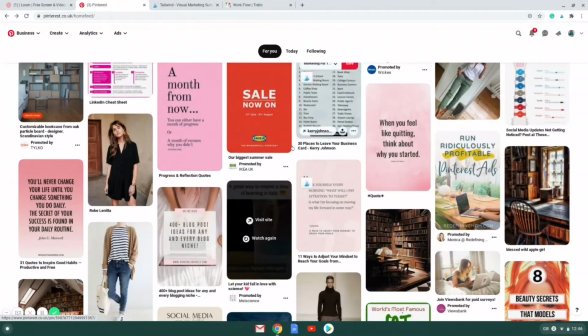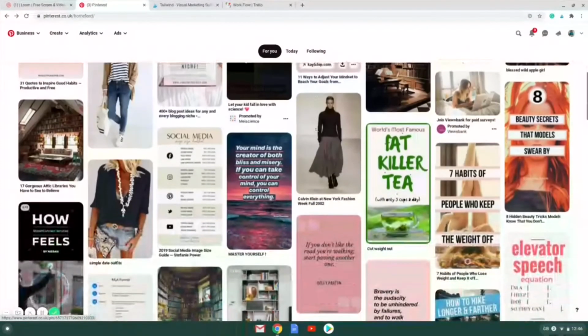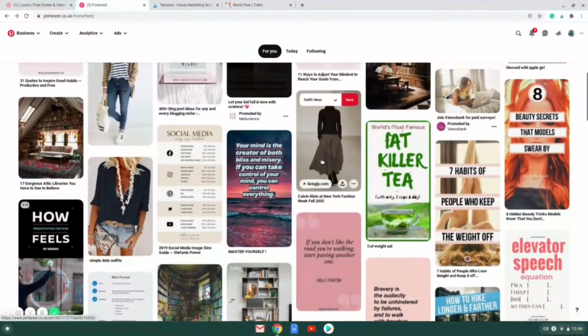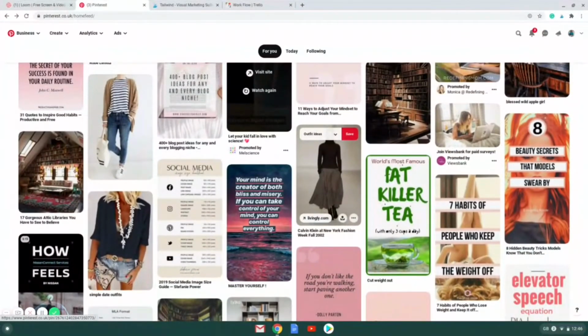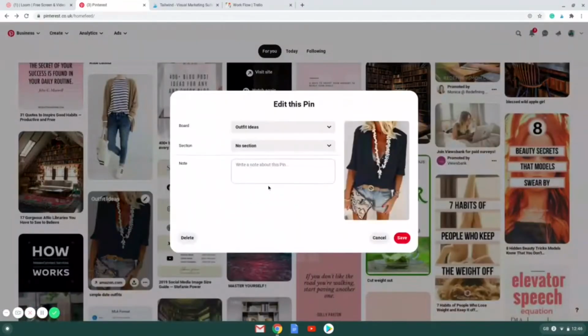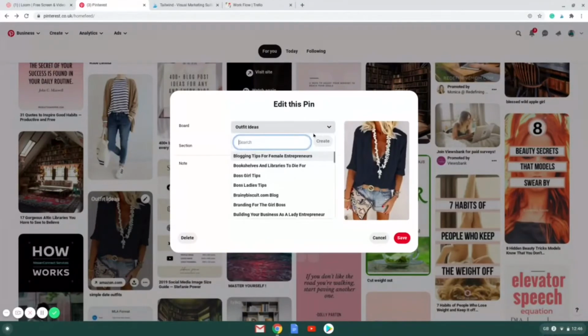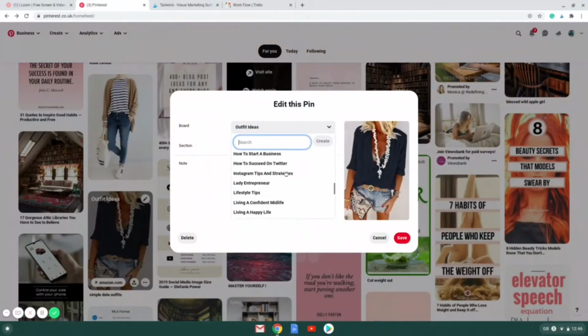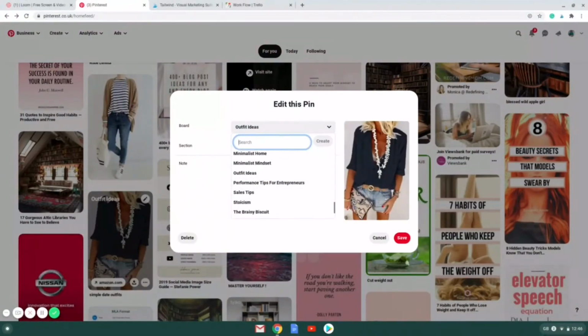So, the world's fastest tutorial on Pinterest. So here are all your boards on Pinterest. So far so good. You can look at your boards in the normal manner. So if I wanted to save this, for example, I could hit save, and I can save it to a board in the normal way. So I could go into the board the normal way, select my outfit ideas, go through all of my boards,